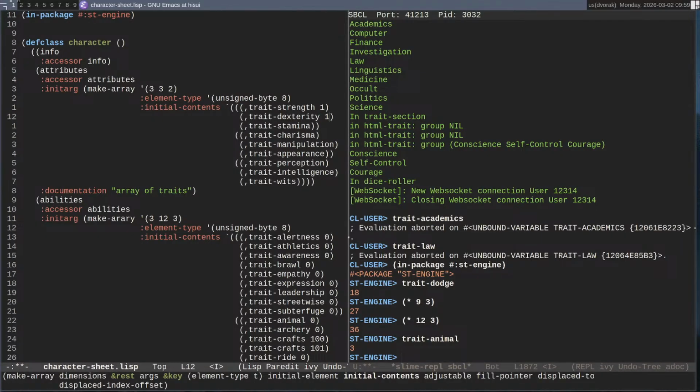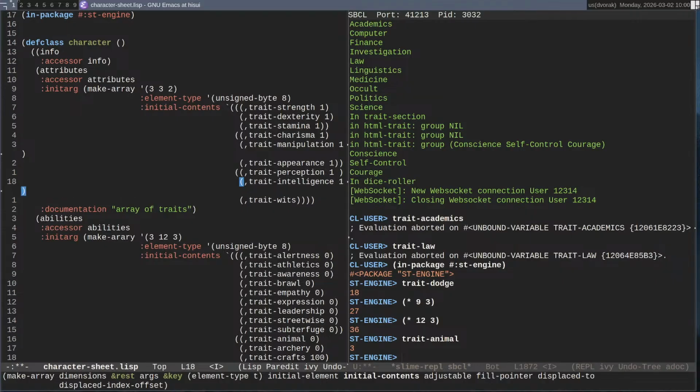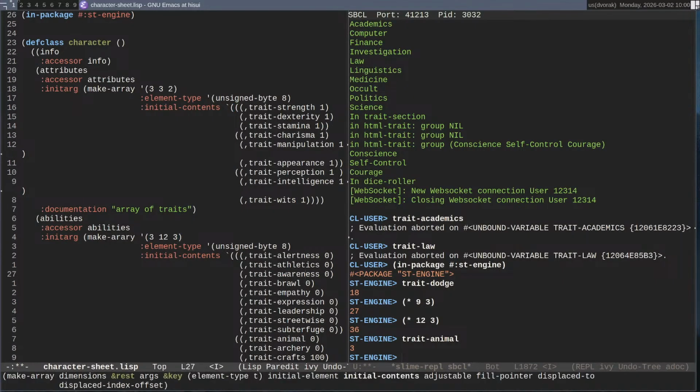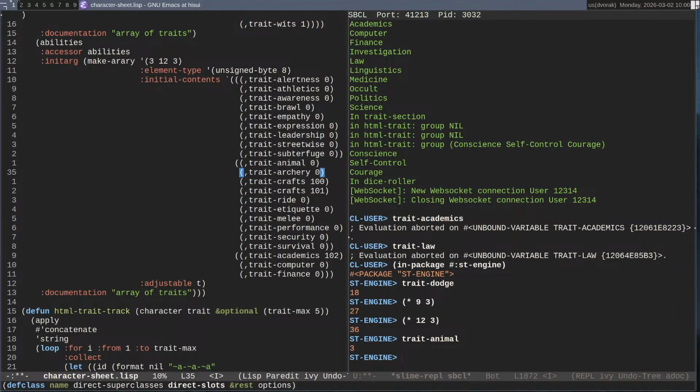But if we do, the default is 1 for all of these things, or the minimum is 1 when you're doing character creation, and then 0 for all of these things. We need to store a value. So I think 2 is right, and I think I've got to have a list of specializations.